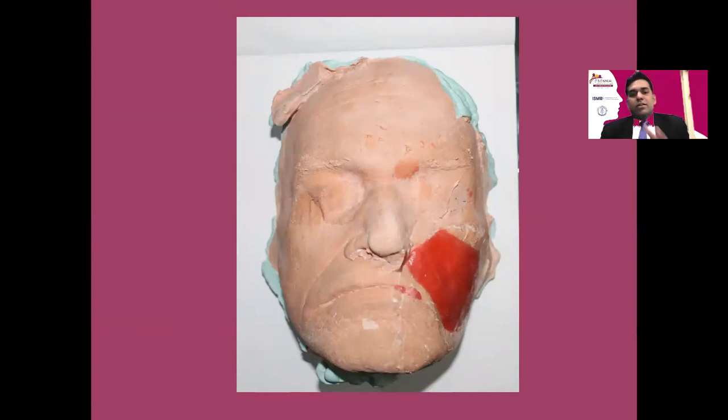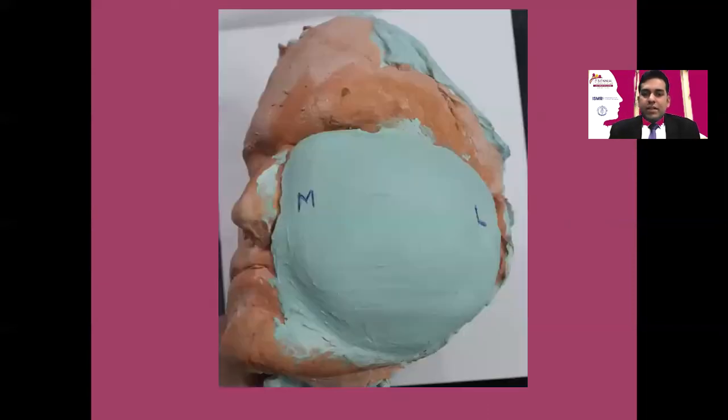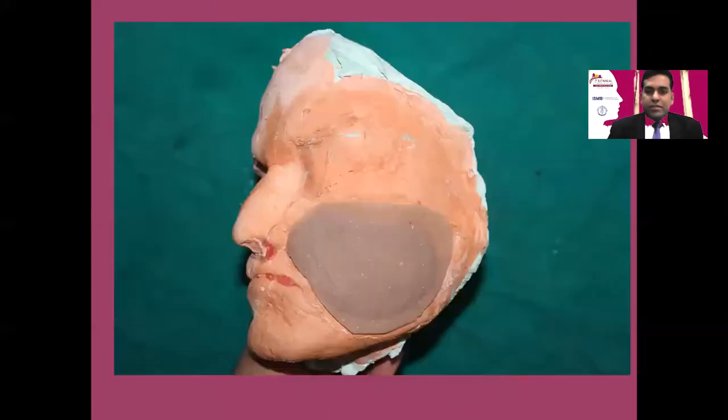Here you can see the sculpture has been fabricated, and then you can duplicate the skin texture available on the contralateral side of the face with the help of gauze or any other material, so that you can have the exact skin texture. And after that, you can fabricate a two-piece mold. And you need to mention the direction indicators, so that when you are processing after packing with silicone, you can place the second part of mold in a precise manner.